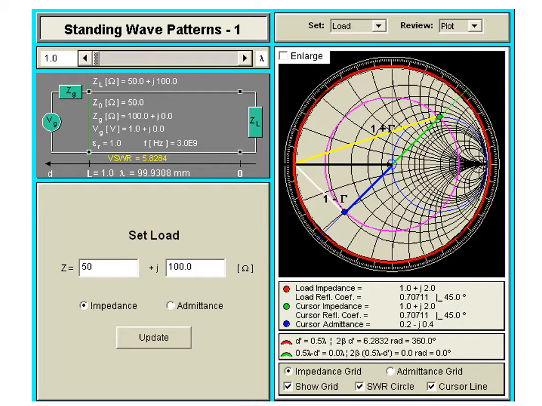See here, the transmission line is shown. In that, this is a voltage source, and here the load is placed. This is the voltage source at the generator, these are the impedances at the load side, and this one is at the source side. In this way you can find all the parameters: ZL, the load impedance, Z0, the characteristic impedance, Zg, the generator impedance, and Vg, the voltage at the generator side. The rest you can easily plot. With the help of the software, you simply place the values of R and X, and you can find the rest.